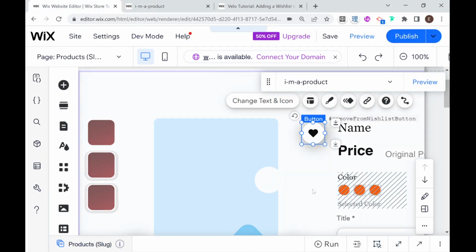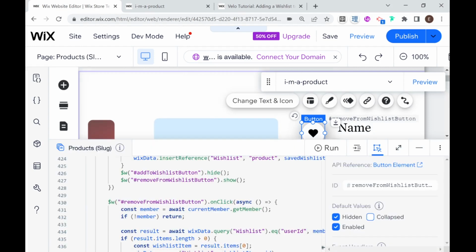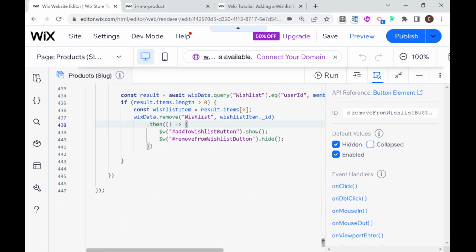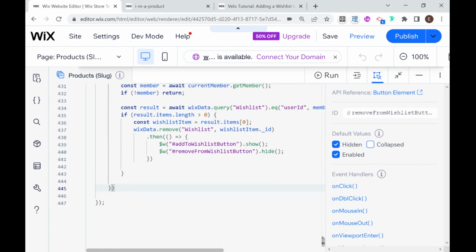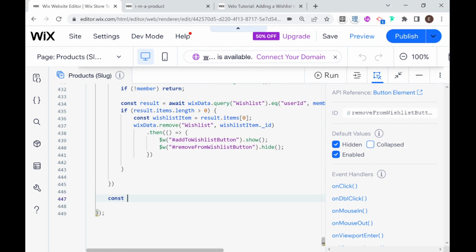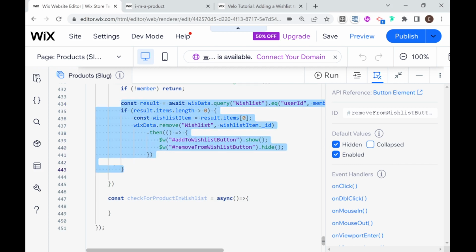What we do want to add here is to check, as soon as we come to this product page, if this product is in our wish list or not. So I'm going to add a function, and I'm going to call this const checkForProductInWishList. I'm going to make it asynchronous. Basically, it's going to do this query, so I'm going to copy that